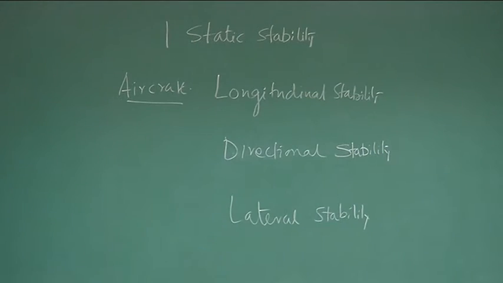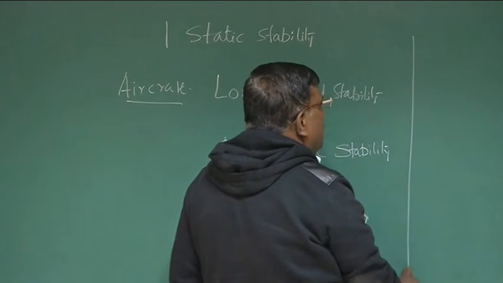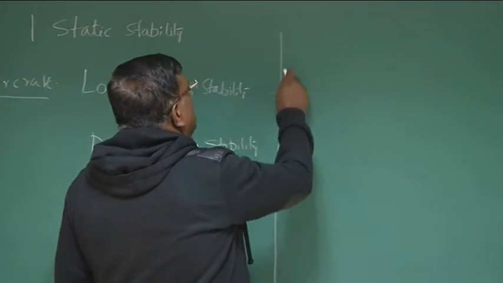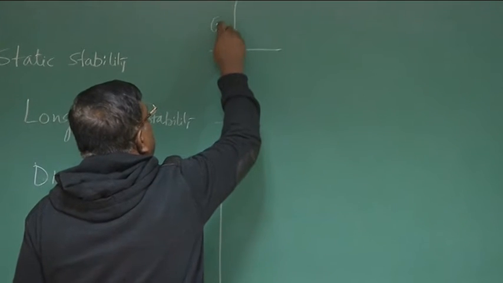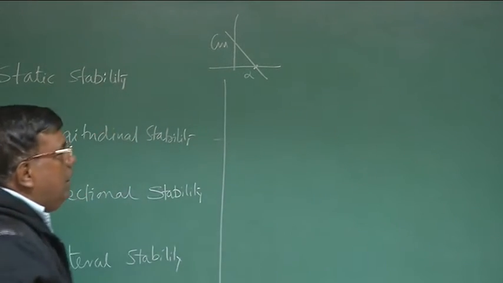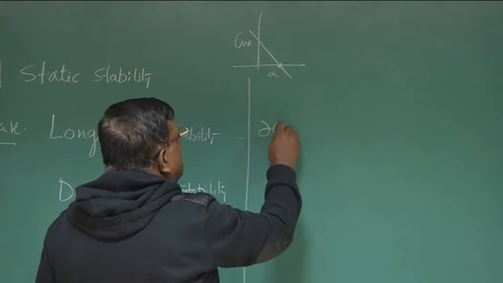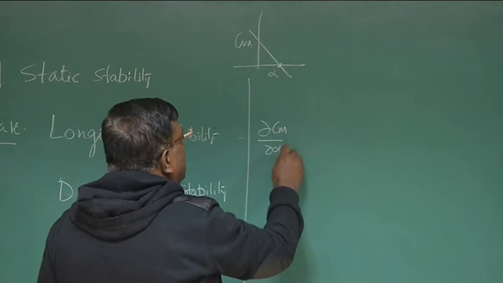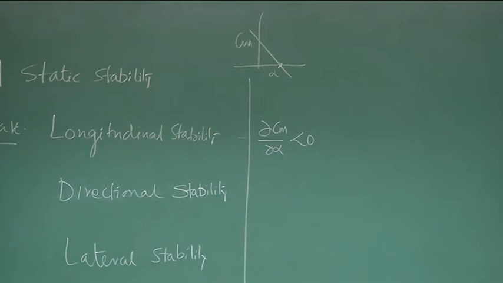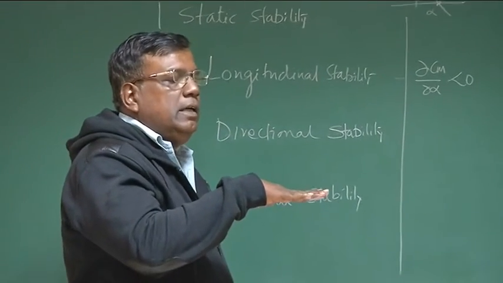Now ask ourselves a question. What was the condition for longitudinal static stability? We know from our CM versus alpha graph that if the aircraft has to be stable at alpha trim, which is here, where CM is 0, then the condition was dCm by d alpha less than 0. Similarly, for directional stability, we realized if an airplane is going straight like this, and because of